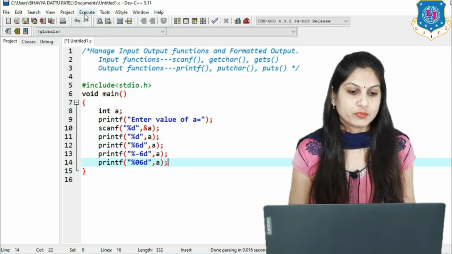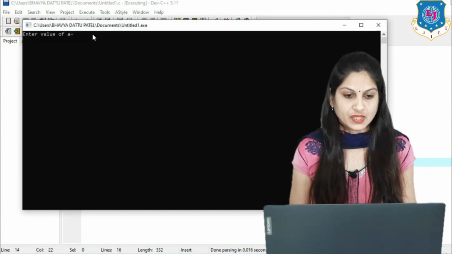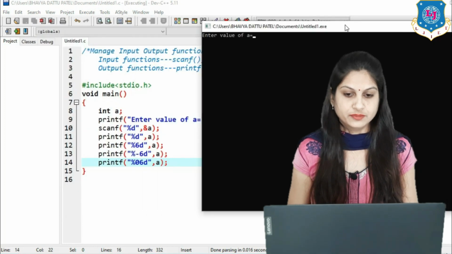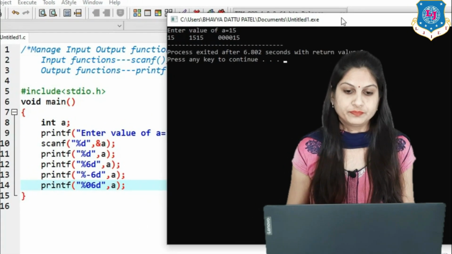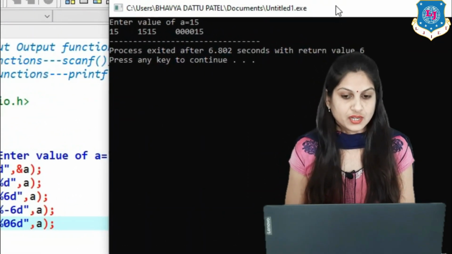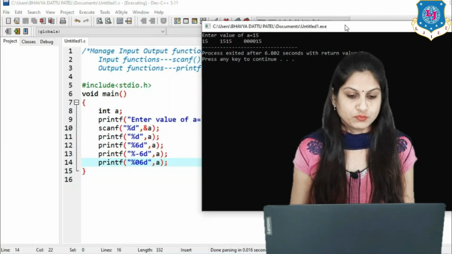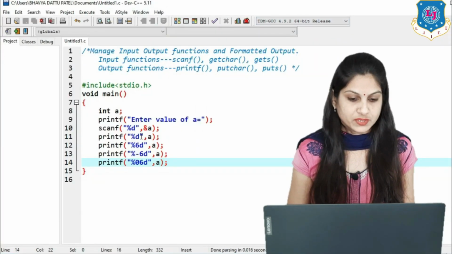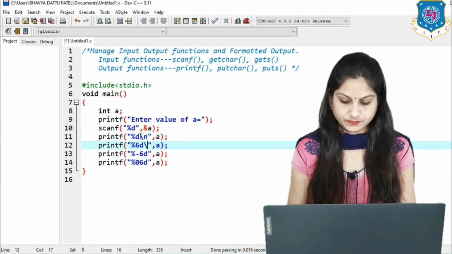First compile and run our program, and just see the message here. Enter the value of A, and suppose I am entering 15. So you can see the different formatted outputs, clear? Now first put the \n after each %d so you can find a cleaner output.